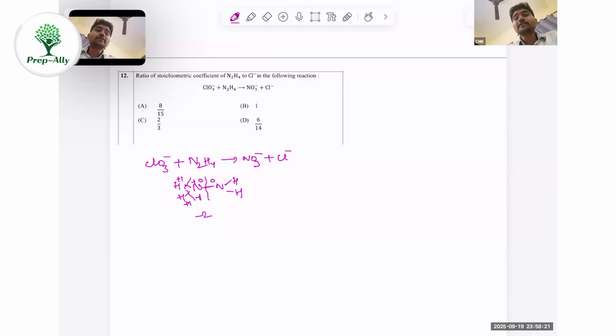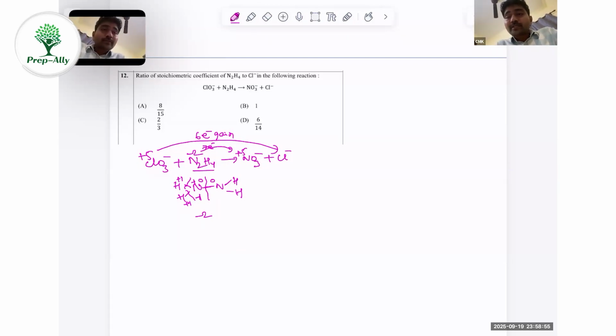Here chlorine is in +5 oxidation state, here -1. So chlorine is getting how many electrons? 6 electrons. Nitrogen here is in +5 oxidation state, here it is -2. Means how many electrons are lost? 7 electrons it's lost, isn't it? If you balance this